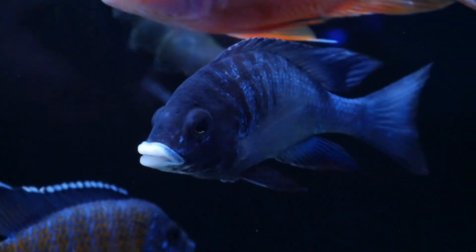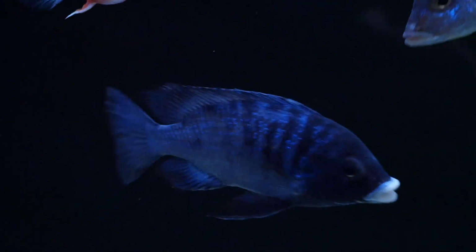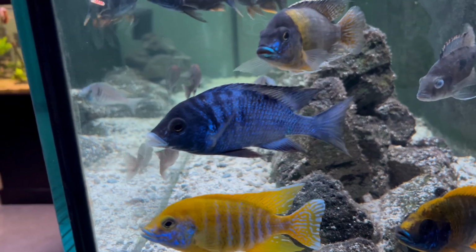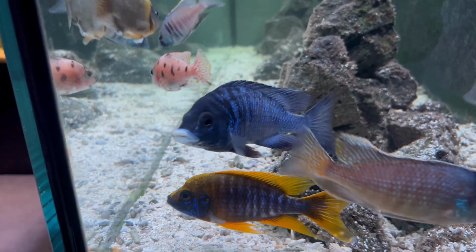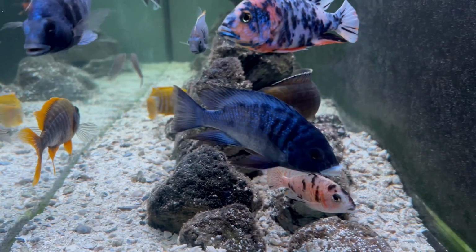The other thing to keep in mind with the Mdoka White Lips is it's pretty difficult to tell the difference between male and female, because the female will have the really good blue color with white lips just like the male. The female will be slightly less aggressive and maybe slightly smaller, but it's really hard to tell unless you vent them. The best tip if you're trying to breed them is just to get a breeder group of maybe 6 to 7 of them in a 75-gallon tank or larger,